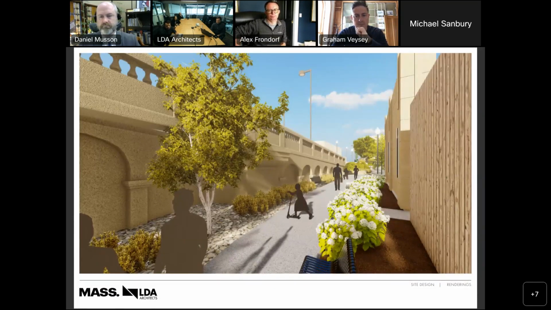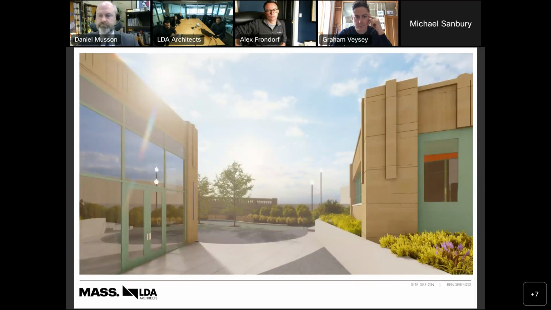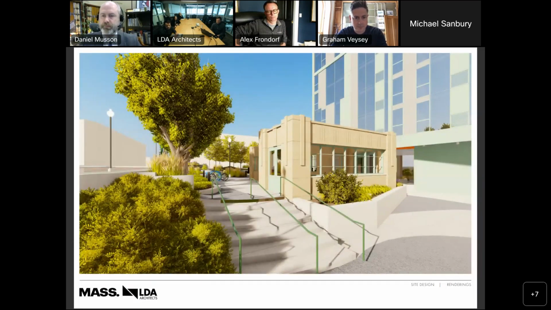This is along the bridge. So this is our main pedestrian walkway along the bridge. This is between the one-story portion of the tower and the bridge along Detroit. Next slide. This is looking south between the ticket booth and the one-story cafe part of the hotel tower, looking towards the bridge in the background. Slide, please. So a view of the ticket booth from right outside the cafe area, looking to the left. Next slide, please.